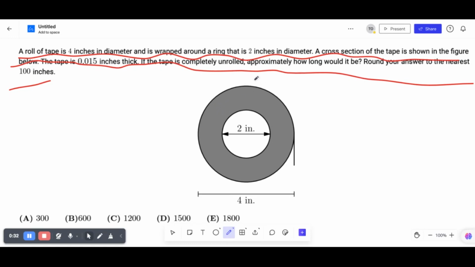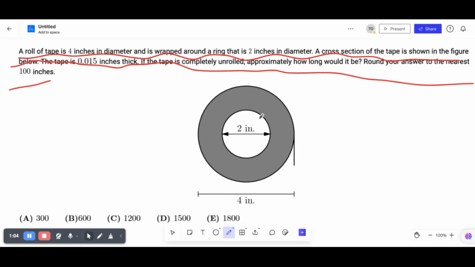So let's see. You want to find how many circles of tape there are, because the tape's going in a spiral, right? But you can just ignore the boundaries of the tape and just make it a bunch of circles of tape plastered over each other. I know that kind of doesn't make sense, but basically, it's the same amount of tape,